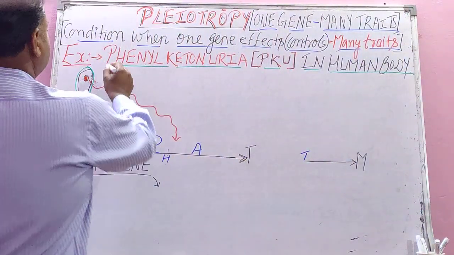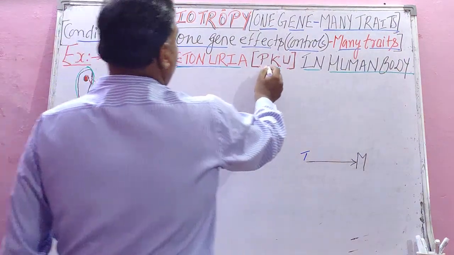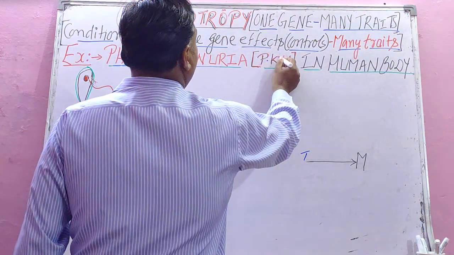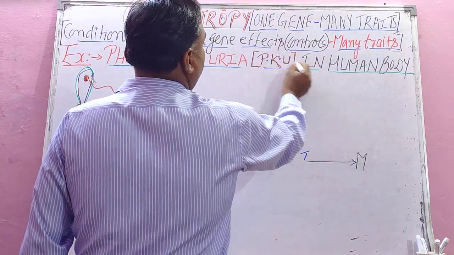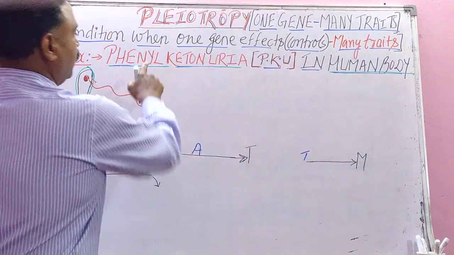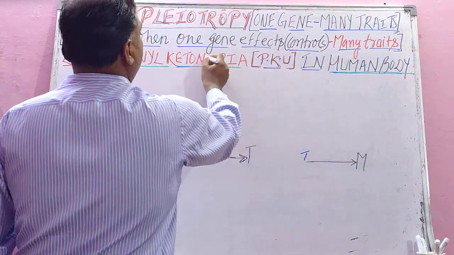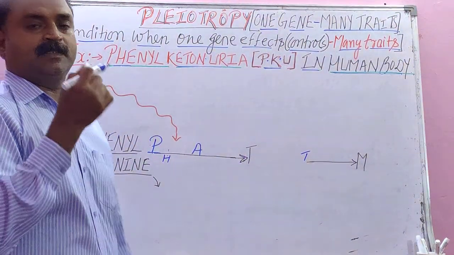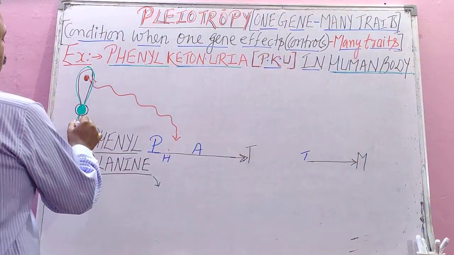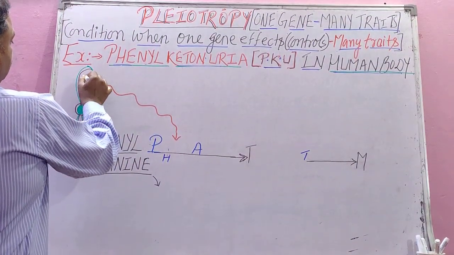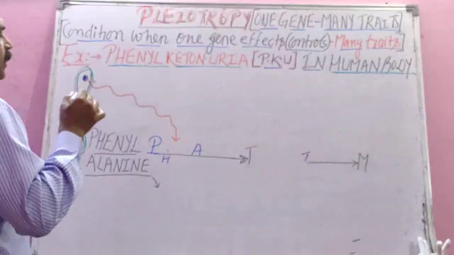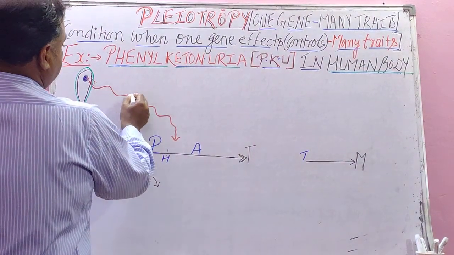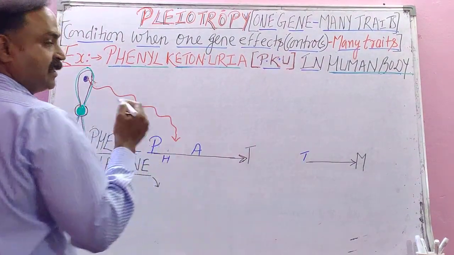The best example is a condition in the human body called phenylketonuria, PKU, in the human body. That I will explain to you now with the help of a very interesting flow chart. Student, this is a chromosome and this is a gene. You know, gene makes RNA and RNA makes protein. So this gene produces a protein or enzyme called